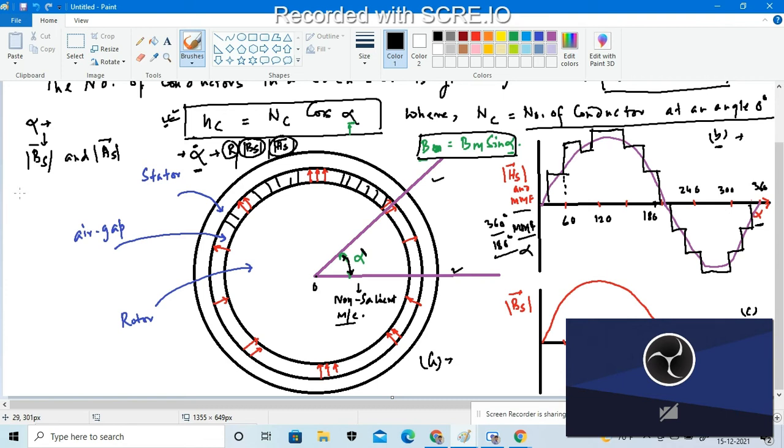Okay, because the AC machine must have some behavior of distributing the stator winding. That means this segment will be the stator. So the AC machine has the property of having a distributed stator winding according to the design aspect, which will produce a nearly sinusoidally varying air gap flux density.